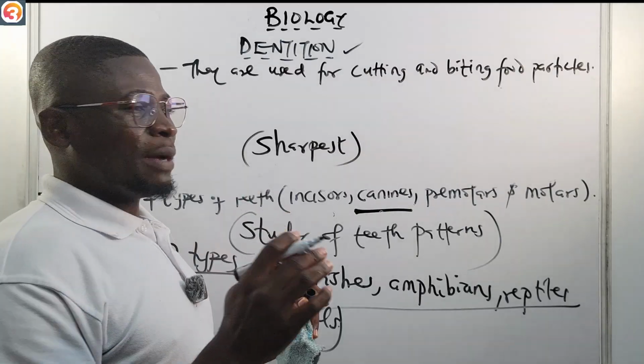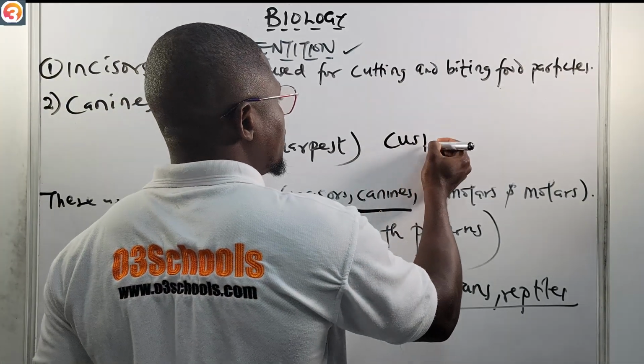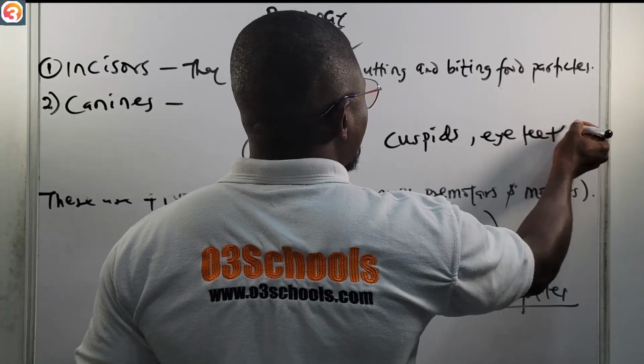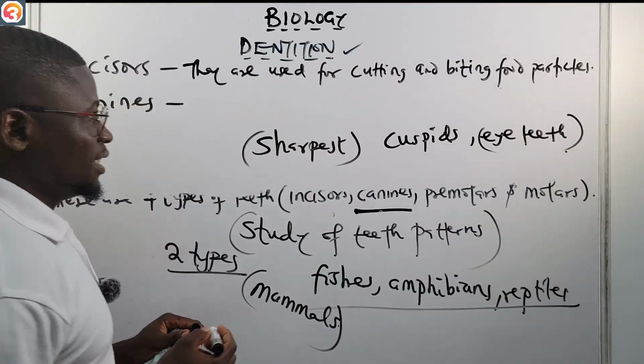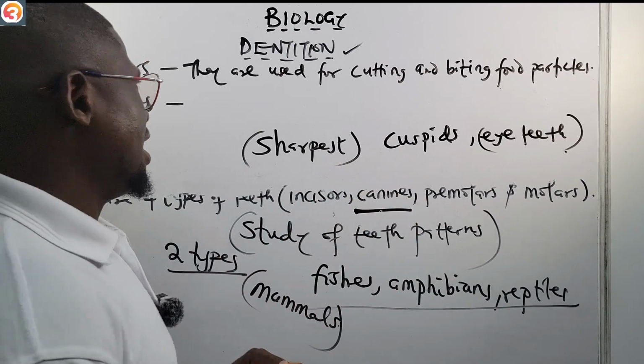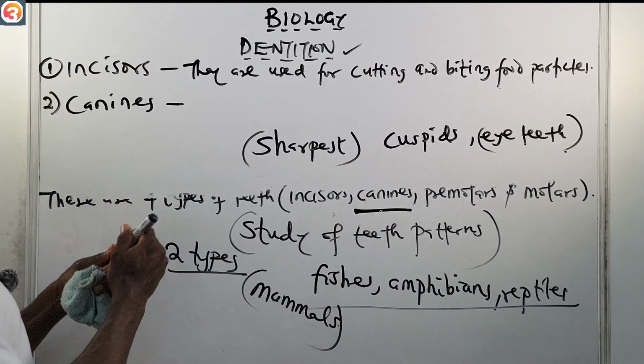Apart from being the sharpest, they are also called the cuspids, or they are also called the eye teeth. Please take note of these other names. And of course, what is the function? They are used